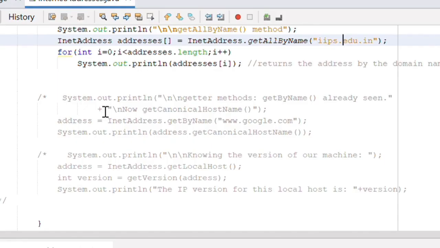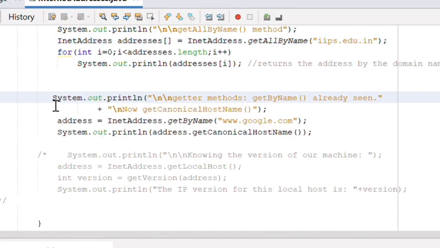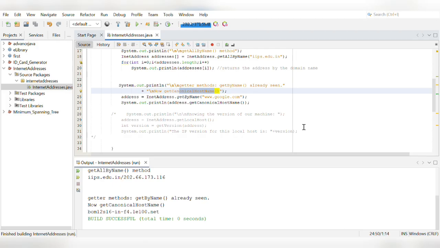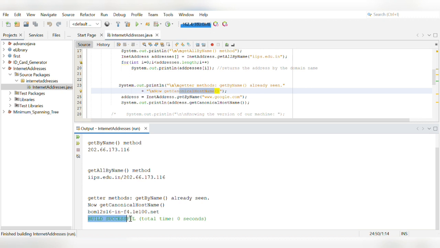Alright. Another getter method for this class is getCanonicalHostName, which is not much different but is a bit more aggressive about contacting DNS. getHostName method will only call DNS if it doesn't think it already knows the host name. getCanonicalHostName calls DNS if it can and may replace the existing cached host name. So getCanonicalHostName simply returns the host name of the site.